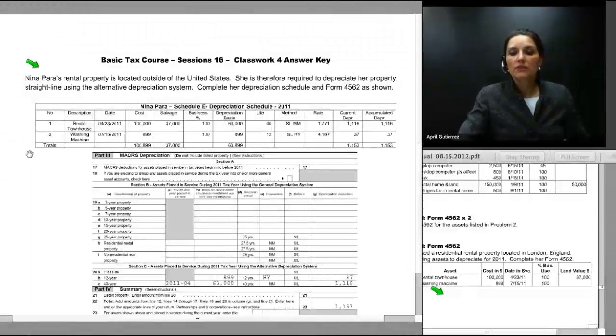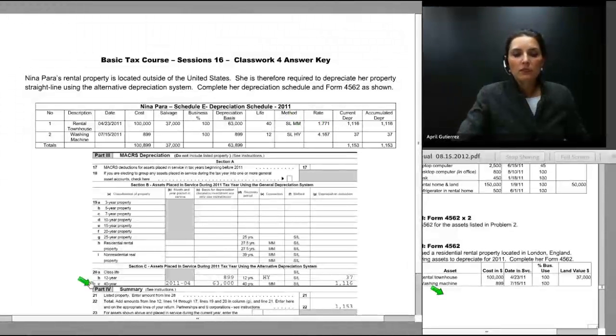So you should complete her depreciation schedule under Form 4562 as we see here. We have the rental house with a cost basis of $100,000, land value of $37,000, giving her a basis for depreciation of $63,000. Her depreciable life is going to be 40 years straight line. She will still apply the mid-month convention. The rate of depreciation under that convention and life for the number of months in service for the year is 1.771, and you would get a current depreciation deduction of